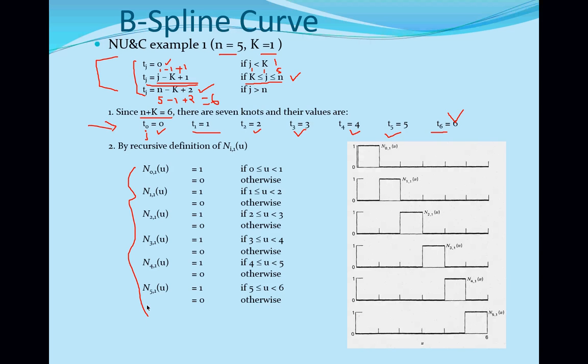I explained these are the things which 0 or 1 depends upon. So if u is between this, it is 1, or else 0. If u is between this, then this will be 1 or else 0. So these are all weights which are going to confirm, and if I try to draw it, these are all the shape functions we are trying to get one by one. So you superimpose this, and you get the nature of the curve.